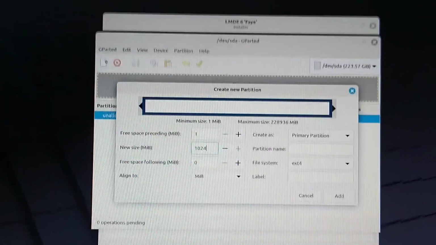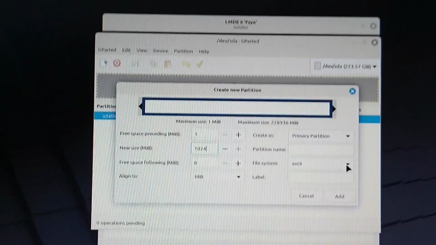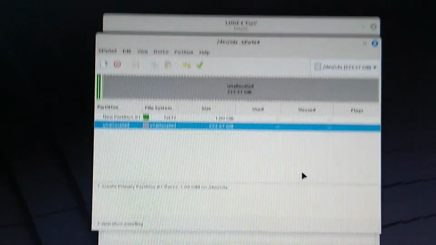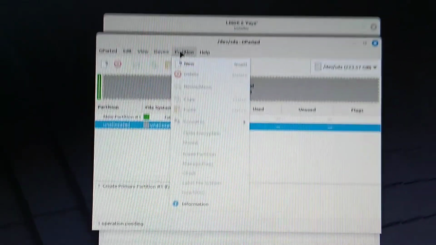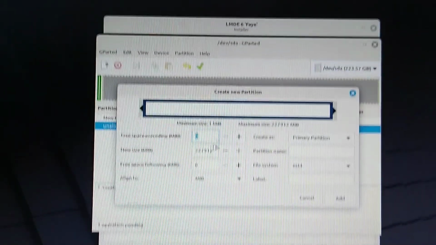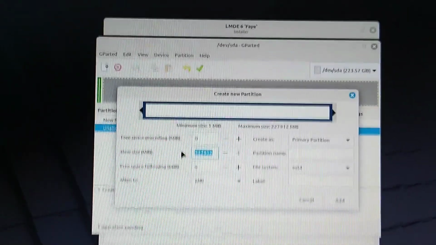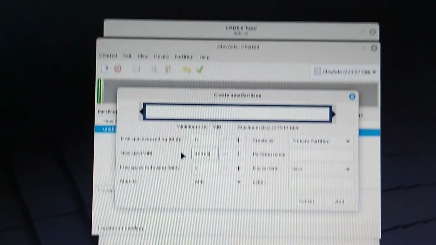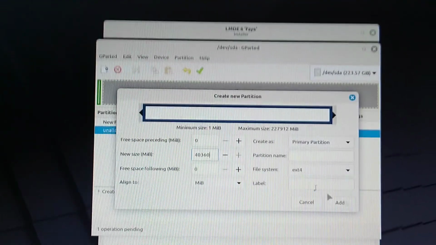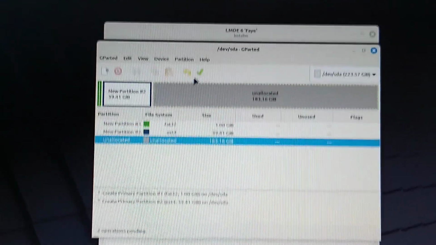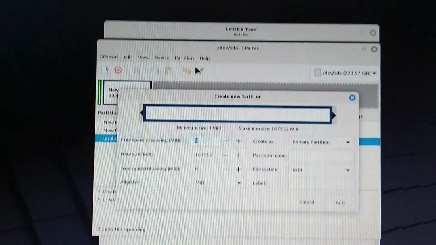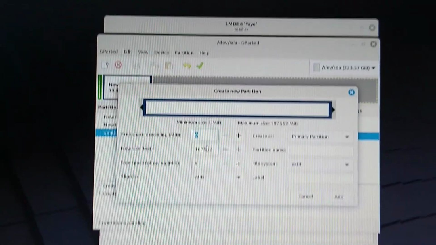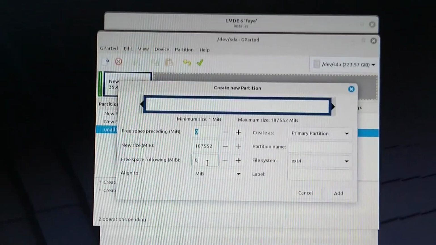I start by creating the partitions I want. I have chosen these partition sizes because the disk space is not a problem for me, and I would rather have too much rather than too little. The first partition is for the bootloader and is formatted as FAT32. The second partition is the system partition, which will be the root partition,